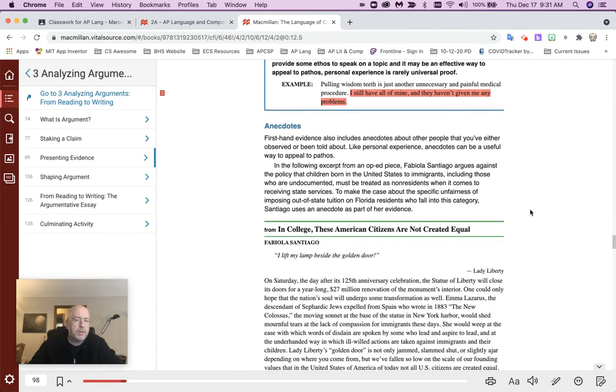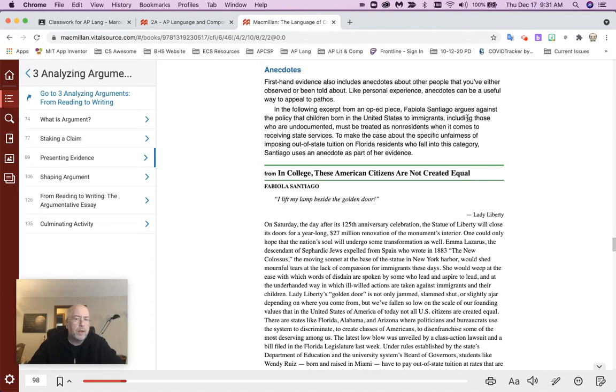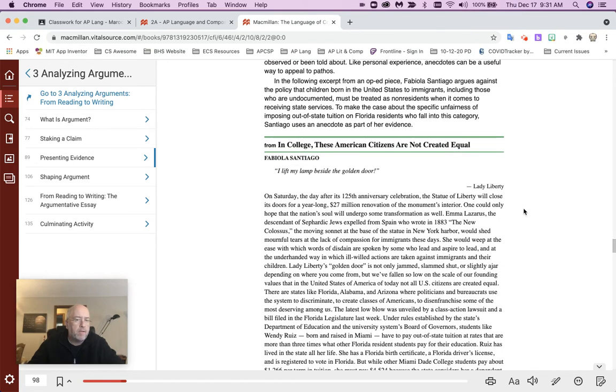Now, anecdotes. Anecdotes are kind of cool. Anecdotes say things like, firsthand evidence also includes anecdotes. And the following is an excerpt that argues against the policy that children who are born in the United States to undocumented immigrants must be treated as non-residents. He's making a case about unfairness